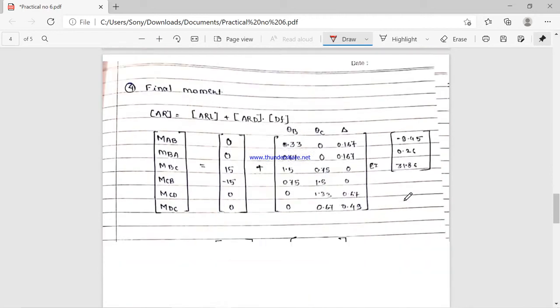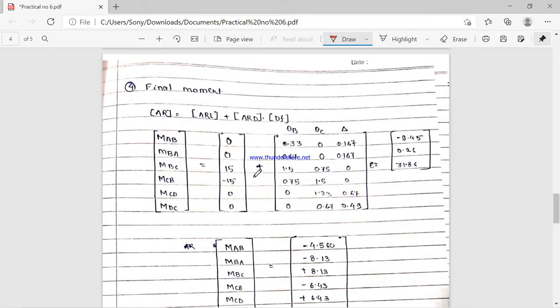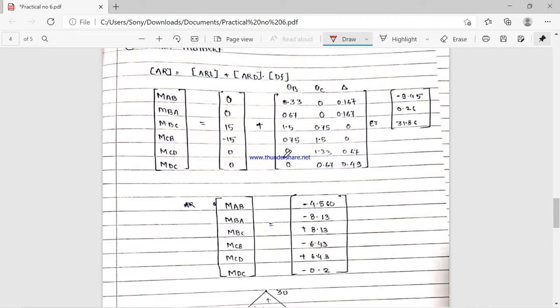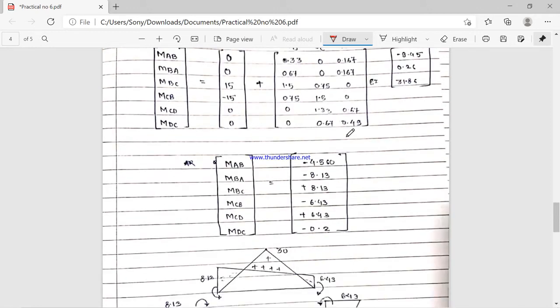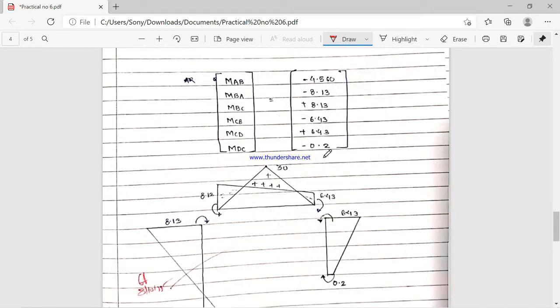And DF is equal to the calculated unknowns, which are theta b, theta c and delta values. Now, solving this matrix manually, if you calculate by using your calculator, it is well and good, but I think the calculator has a restriction up to a 4 by 4 matrix, and here the matrix formulation is almost 3 by 6. So it is better to calculate manually, and finally you will get the answer in the form of moments in a matrix equation.